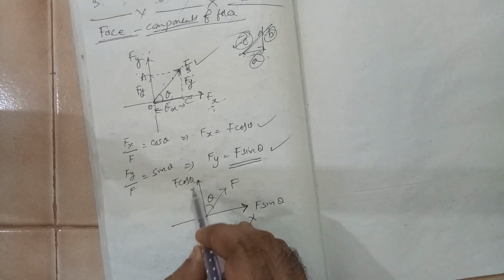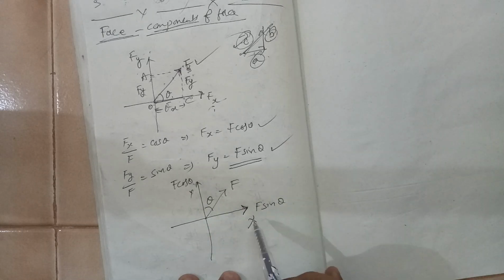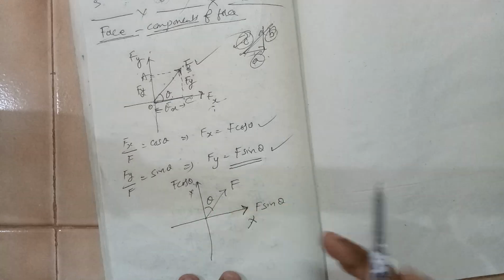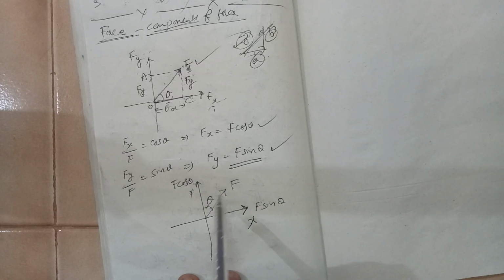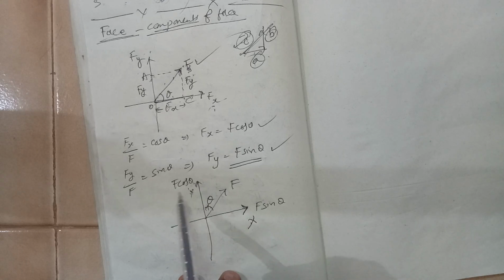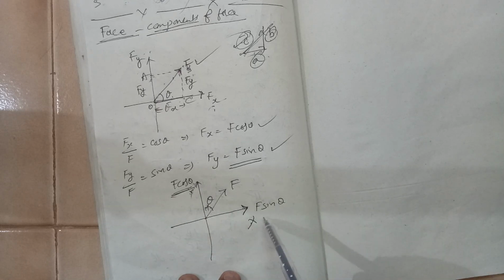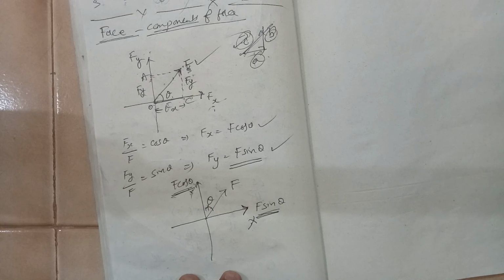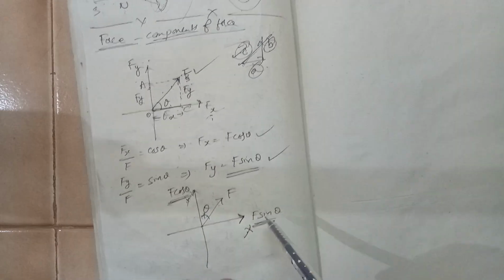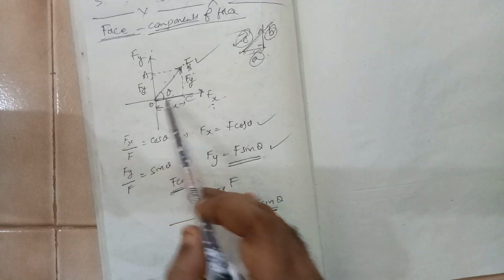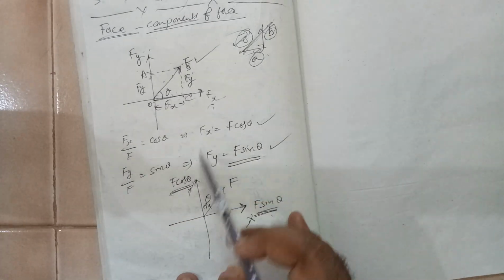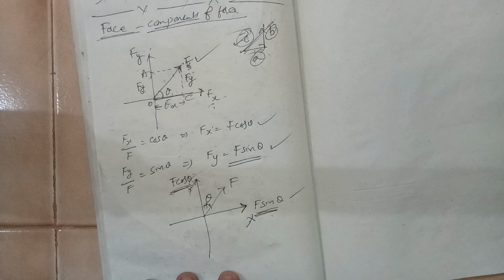See, x and y don't change. The x-axis and y-axis remain the same, but depending upon theta, when theta is with respect to the vertical, the vertical component becomes F cos theta and the horizontal component becomes F sin theta. It can be proved in a similar way. Instead of taking theta as this angle, you can take this angle, same procedure, and you will get these two values.